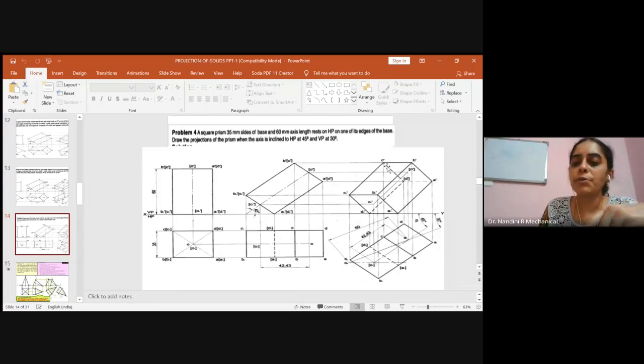Then you have to see which are the surfaces which are hidden. For that, first you have to see any hidden lines in the top view. So this is a hidden line. So the projection coming through D1 should be hidden. So what are the projections which are coming to D1? It is D1 dash to A1 dash. It is the outer boundary, so it will be visible. D1 dash to C1 dash is also the outer boundary, so it will be visible. Along with that, you have one more projection which is going inside the solid. That is D1 dash to D dash.